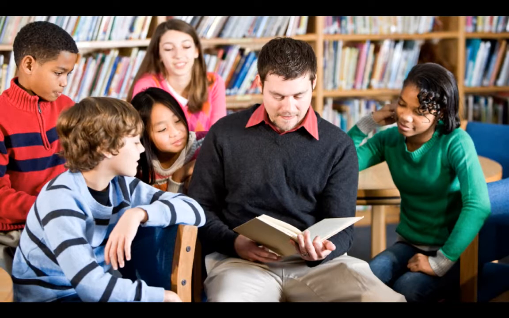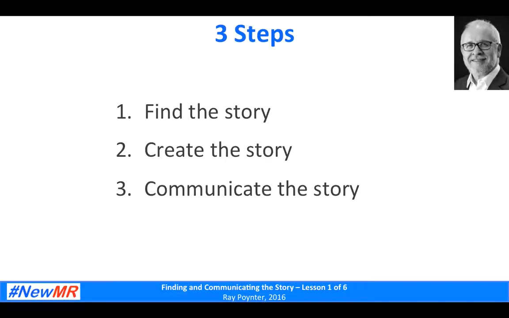So we want to be storytellers. We want to be at the center of the room. We want to pick the book. We want to pick the chapter. We want to pick the message and the style of conveying it. And all of that requires a lot of work in the finding and the crafting and the creating. So there's 3 steps, and we're going to spread these steps across the lessons. Finding the story in the data, creating the story, and then communicating the story.